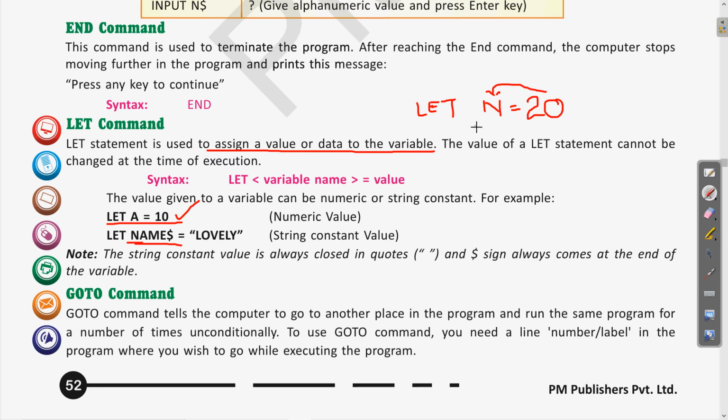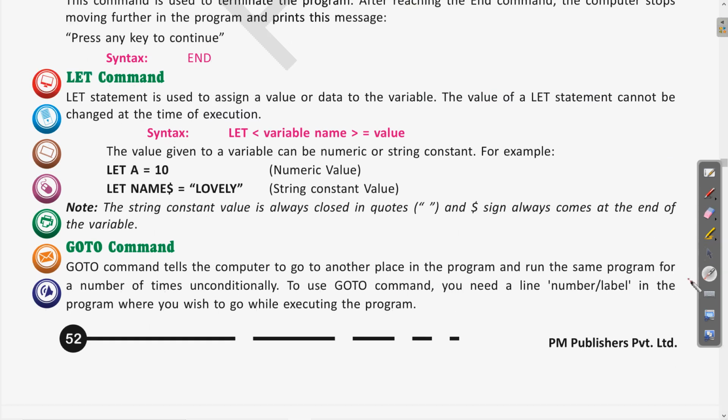If you want to write your name, in that you will write a dollar symbol. So we'll have to write first let, then n dollar is equal to whatever the name is. Suppose you write Amit. Clear? Mention that with the let command. Here this Amit has been written in double quotes and is being saved in a variable with a dollar symbol. Clear? So this is how the let command functions.